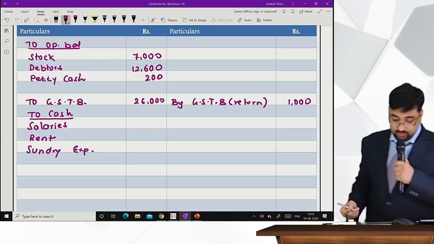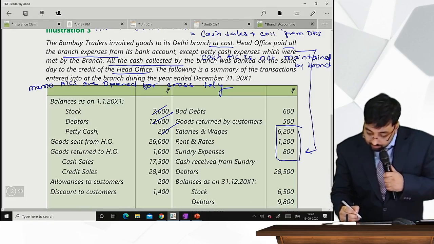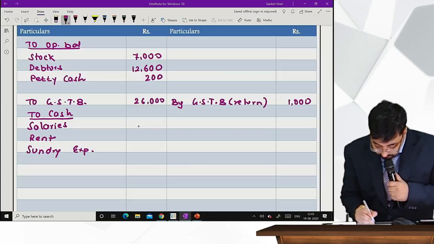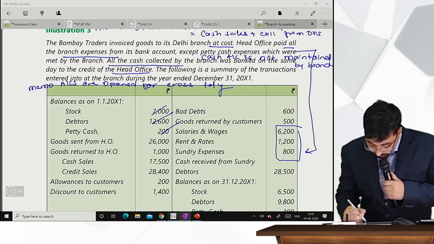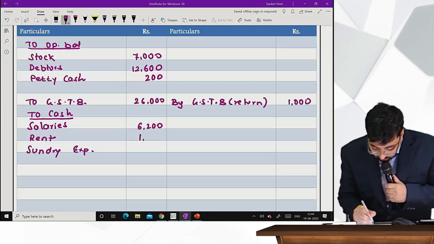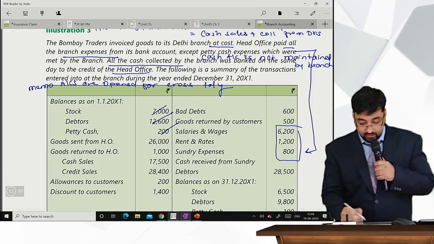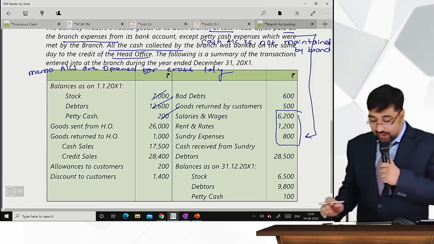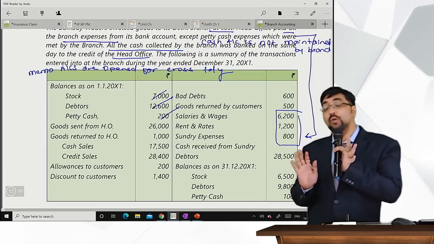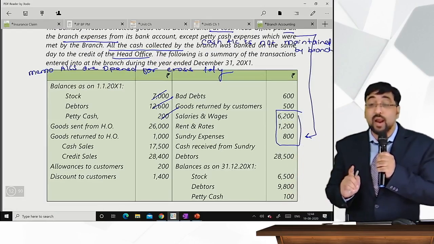So what is salary? 6,200. Then you have 1,200 and last sundry expenses is 800. Correct? Okay. Cash received from debtors, we are not going to write this, but wait,